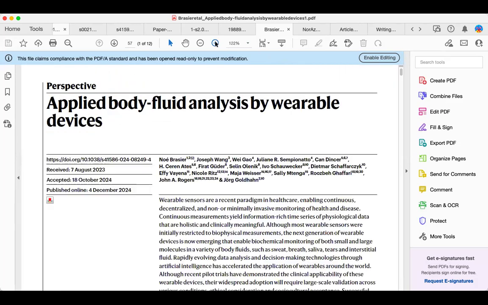The title of the review paper is Applied Body Fluid Analysis by Wearable Devices. Because my field of study is more on sensors, I cannot run away from this kind of example. This is quite new, and I know this